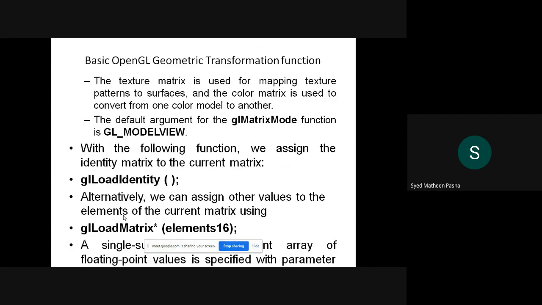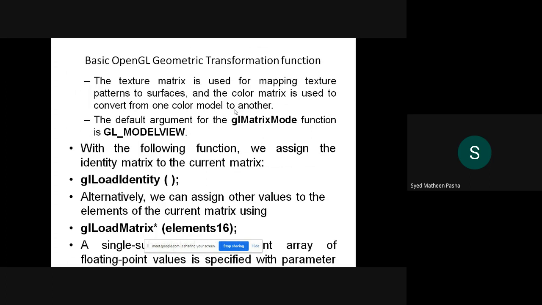Then, similarly, in glMatrixMode, we'll check out what are the different functions which will be used with respect to this function. The texture matrix is used for mapping texture patterns to surfaces, and the color matrix is used to convert from one color to another color. As I told, with glMatrixMode you can set two other modes, one is color mode as well as texture mode.